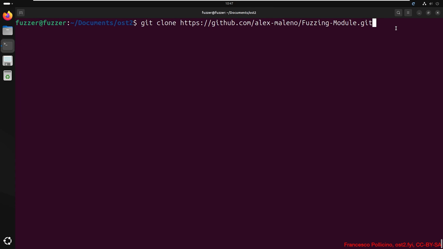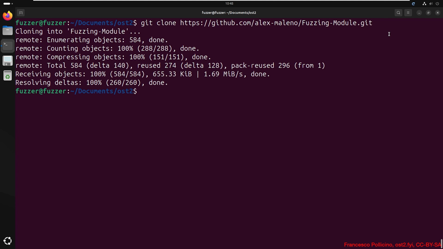Now that we are sure that Podman is configured correctly and that we have downloaded the AFL image, the next step is to get our target from the AlexFacZin module repository, instrument it, and compile it using the AFL++ compiler. So, we clone the repo with the git clone command, and we start exploring the content.